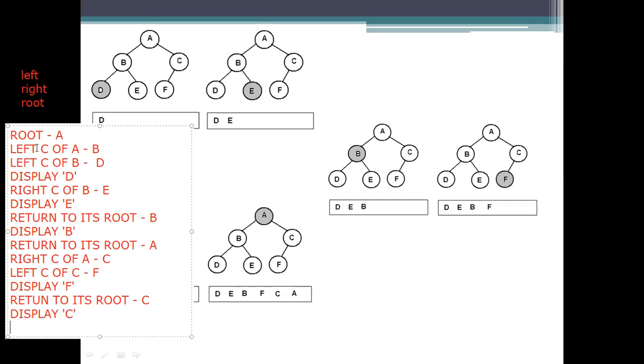Next and the last one, return to this root, and we processed both of these. So display A, which is the final one.